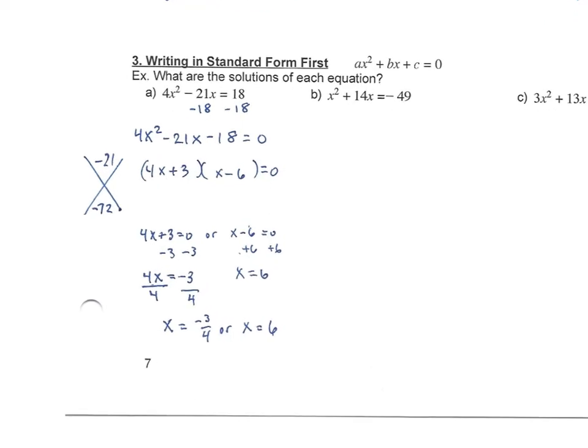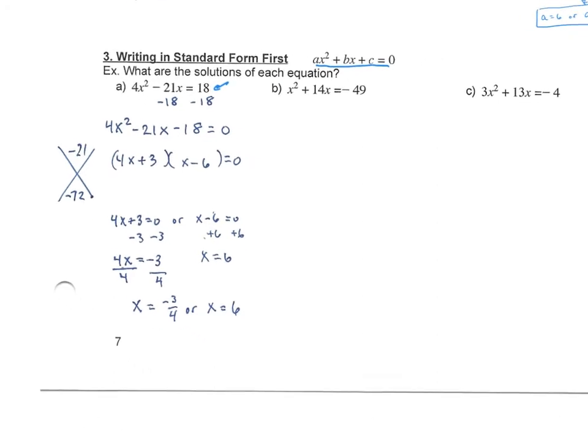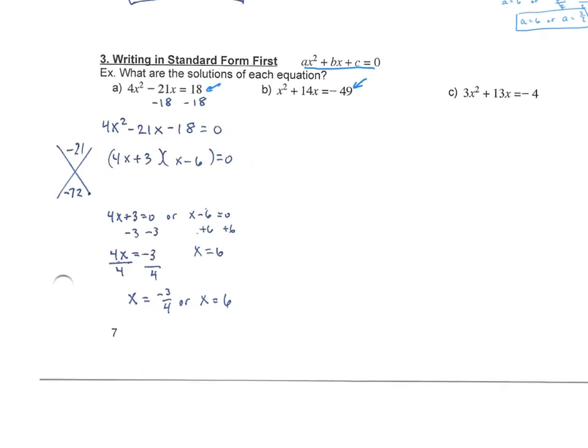Okay, so here we go, factoring. In order to factor, my equation needs to be in standard form, which is this equal to 0. So standard form is ax squared plus bx plus c equals 0, and as you can see here, none of these are equal to 0. So the first thing you need to do is combine like terms before we get started. So we move our 18 in this first one. We have 4x squared minus 21x